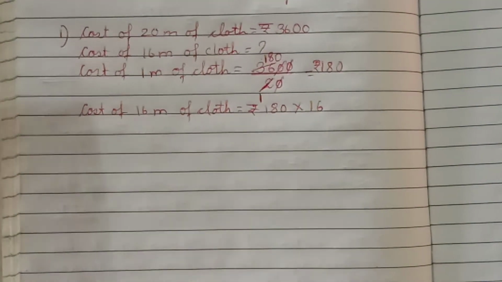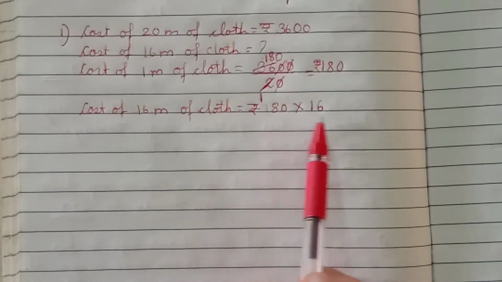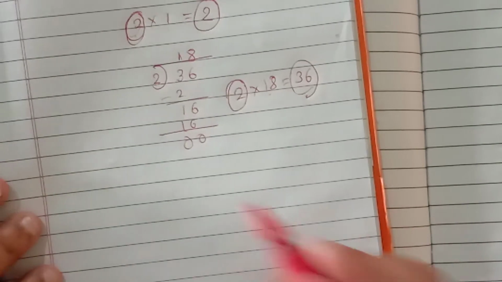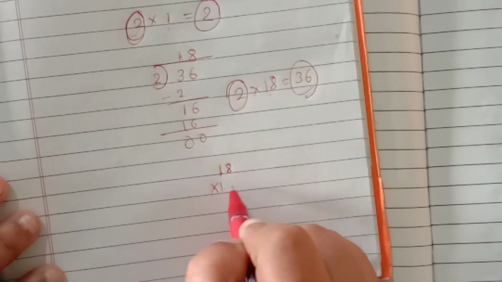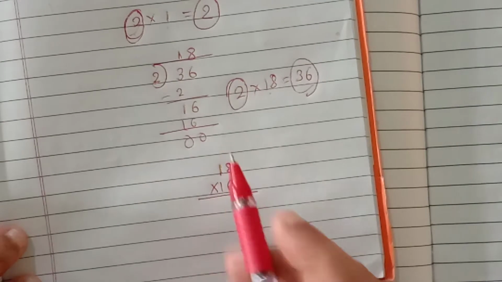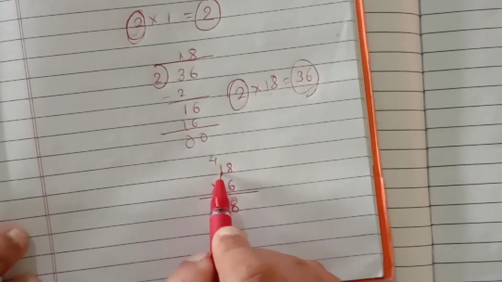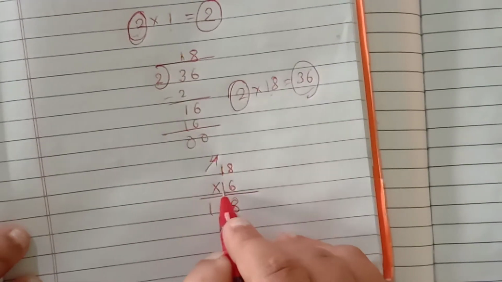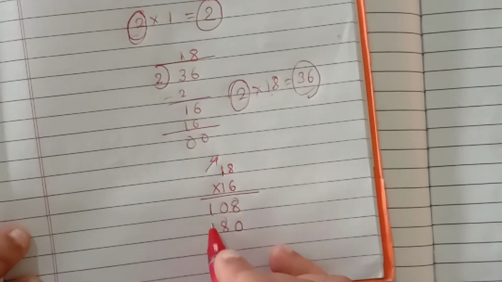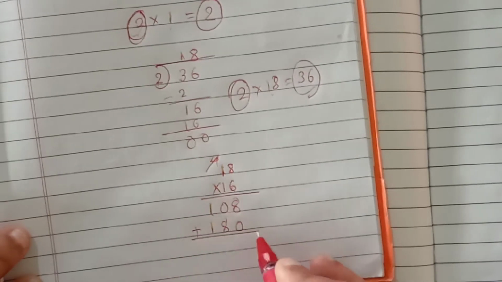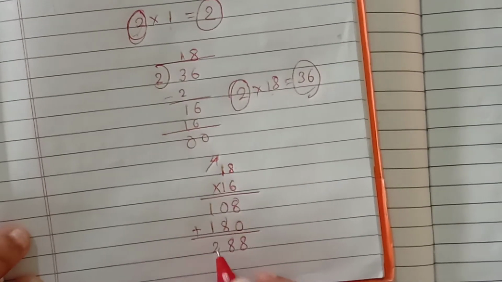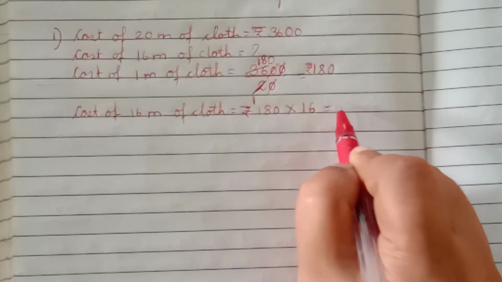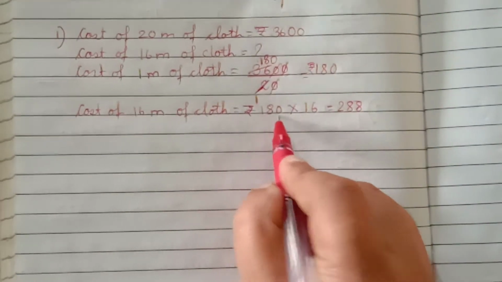Okay, now again take your rough book and just multiply 18 with 16. The 0 we will keep as it is. Okay, see, the multiplication we are going to do is 18 multiplied by 16. 6 8s are 48. 6 1s are 6 plus 4 is 10. 0. Cut this. 1 8s are 8. 1 1s are 1 plus 8, 8, 2. So 2, 8, 8. We'll write here. So what did we get here? 2, 8, 8.